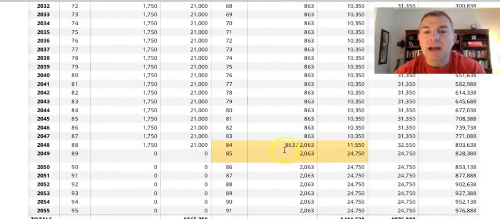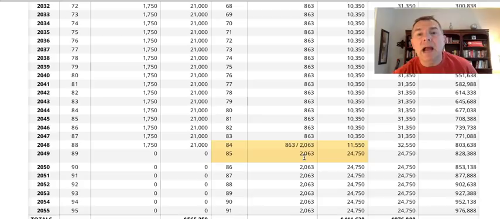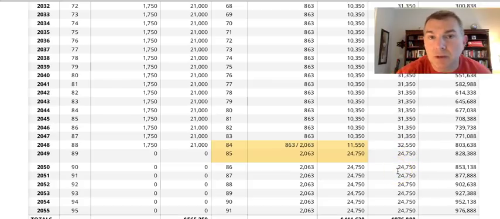Then we'll see, this is when I die. Now, she has a benefit of $2,063 because there are limits on a survivor benefit, of what the minimum would be. Her minimum survivor benefit is going to be more than my actual benefit was. My actual benefit was $1,750, but the minimum survivor benefit is like 82.5% of my PIA. So she'll get a little bump up from what I was receiving for her survivor benefit, but still it's only $24,750. So it's not enough to get the job done, in my opinion, which is why I want to take it later. Her benefit will drop from $31,350 to $24,000. So not a huge decline. I mean, she'll lose her benefit, but it's not so bad.